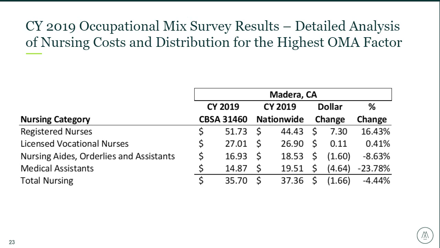So it's plausible this CBSA is not counting their OMS paid hours in a manner that's similar to the counting of these same hours in their wage index data. We also suspect in order to arrive at the highest OMA adjustment, the hospitals in Madera CBSA could conceivably be reporting more lower cost nursing and less higher cost nursing in their OMS. In other words, that they have a heavier mix of nursing assistants than, say, RNs. It'll be interesting to see where the Madera CBSA lands in terms of the OMA in the upcoming 2022 OMS reporting.